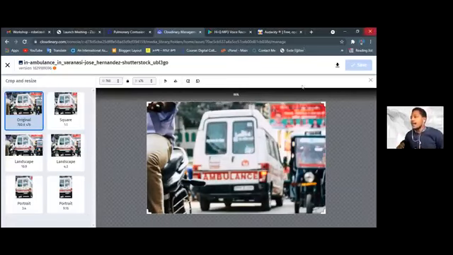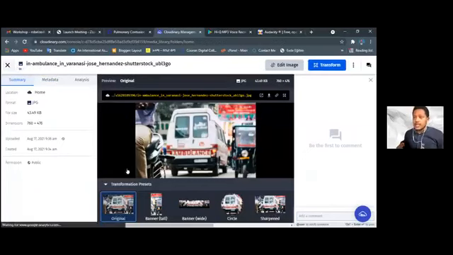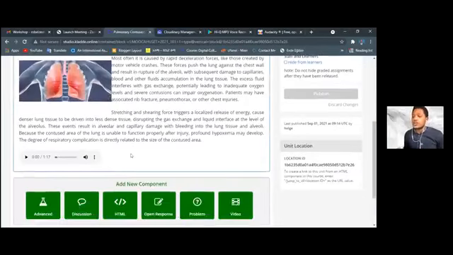And after manipulating those images, it will give us a link to upload the image. So if we don't need to edit the image, we can directly take this link. It will show us how to copy the URL. So we take that link and we go directly to our